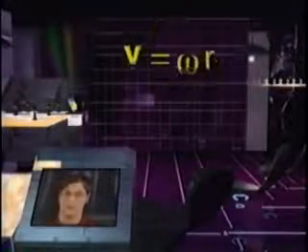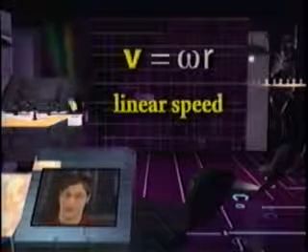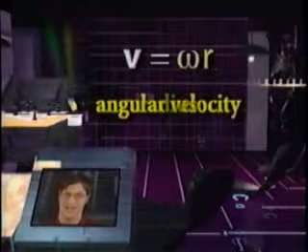Theta over t equals V over R. We just showed you the equation for angular velocity. Omega equals theta over t. So, if omega equals theta over t and theta over t equals V over R, another way of writing angular velocity is omega equals V over R. This equation is usually rearranged and written as v equals omega times r, where v is the linear speed of a point on an object going around in a circle, omega is the angular velocity, and r is the radius